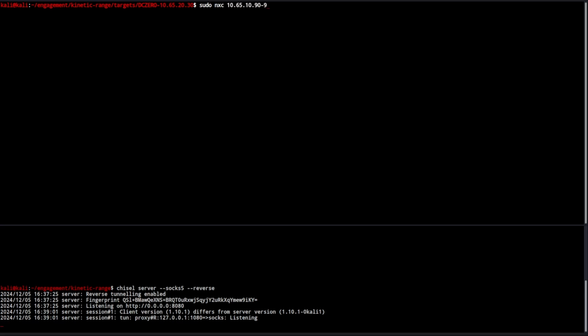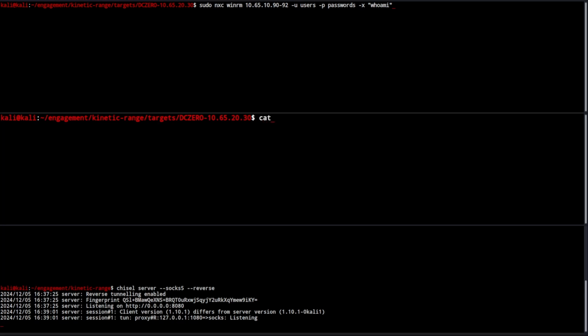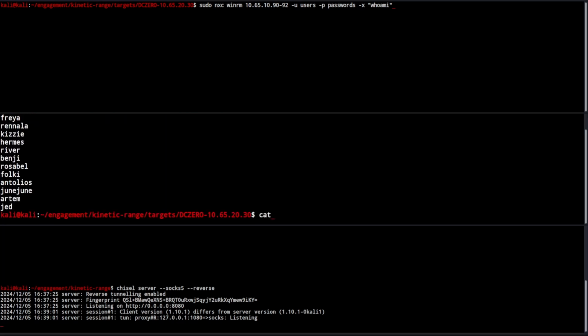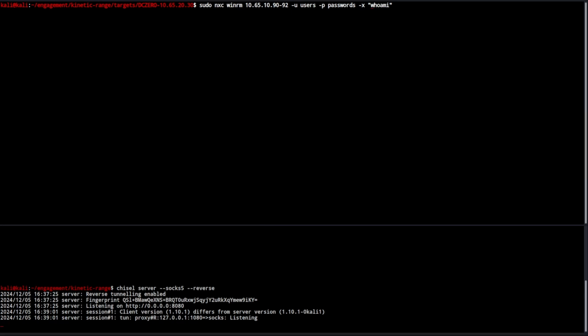10.65.10.90 through 92, -u as users, -p as passwords, and we're going to say our protocol is WinRM. And in the event of compromise, execute whoami. But before dropping that, let's make sure our users are good. That looks great. Let's cat our passwords. Everything looks great. And we're going to sudo